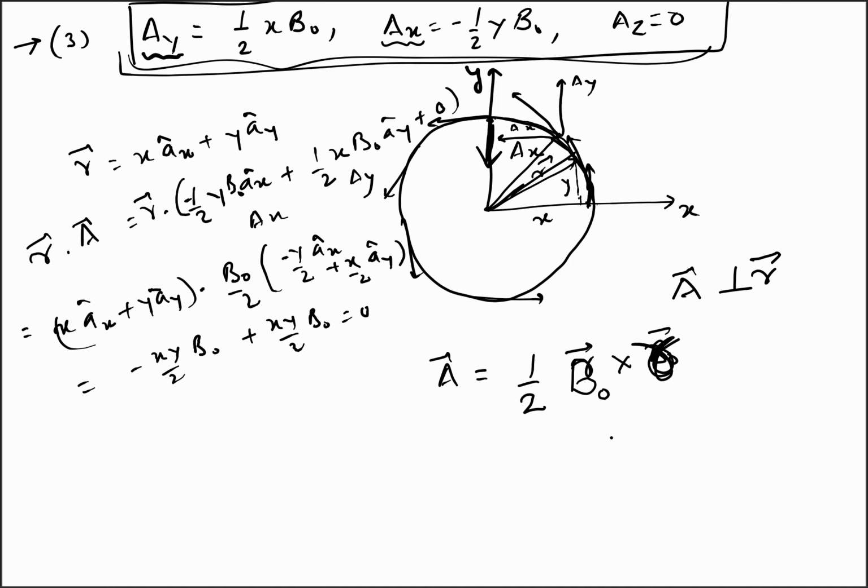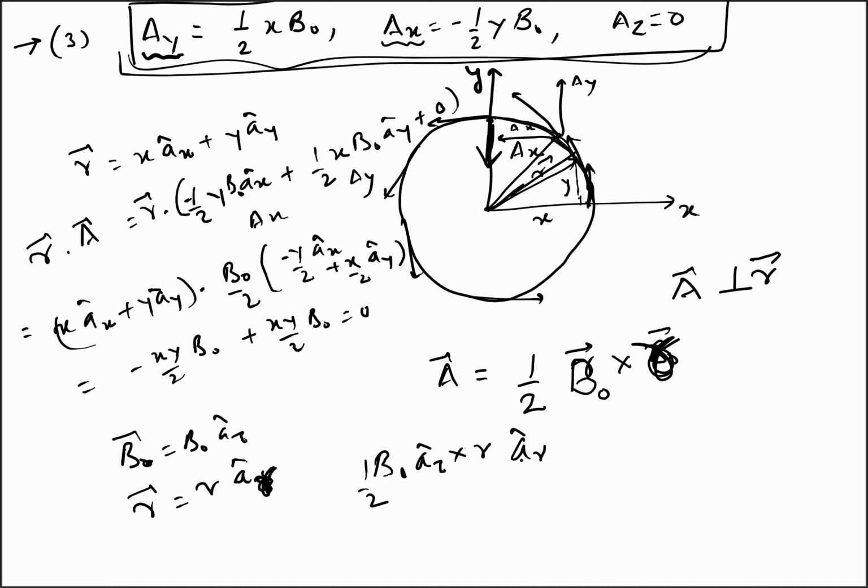So if B is equal to B naught az and R is equal to R ar, then B naught az cross R ar, 1 by 2 of course, will be 1 by 2 B naught R,